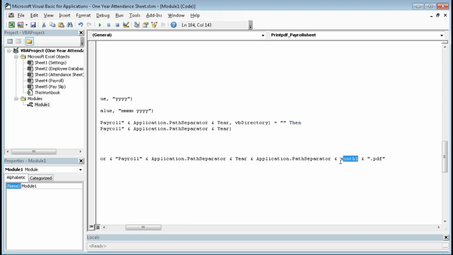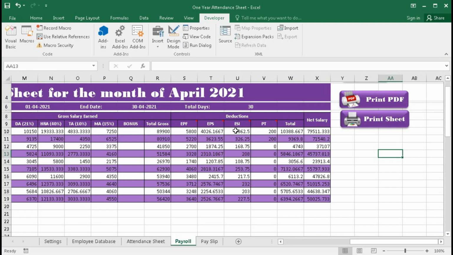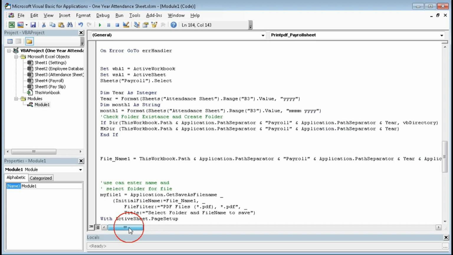So month 1 dot pdf means it will create a file with the name of the month and the year. So here you can see the month 1 is month name and year.